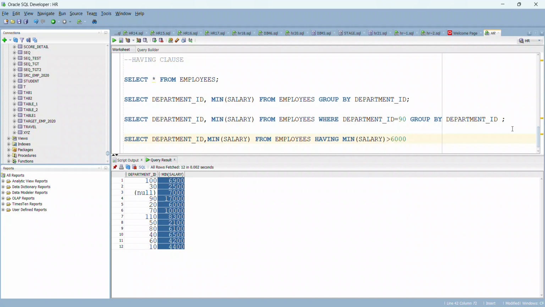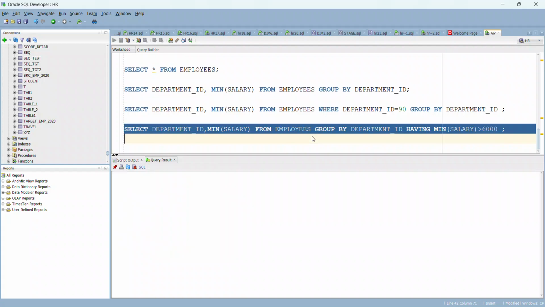So I want to display only those records where my minimum salary is greater than 6,000. Group by department ID. So if I run this,